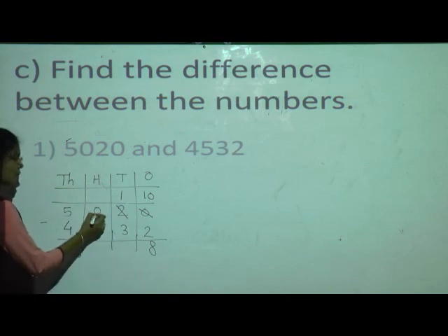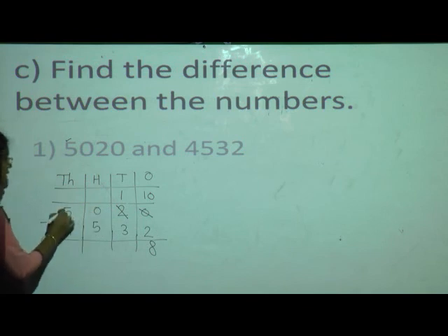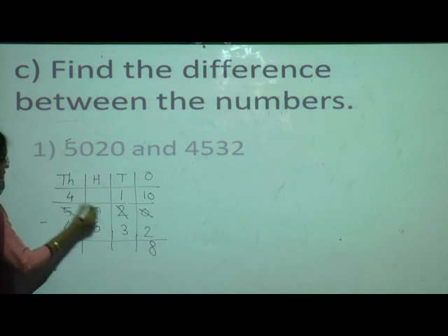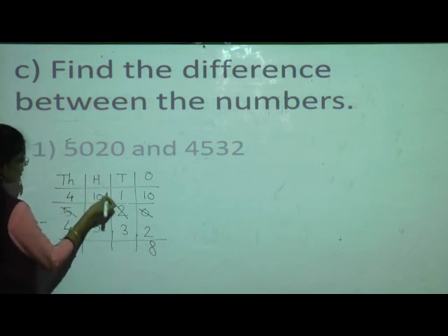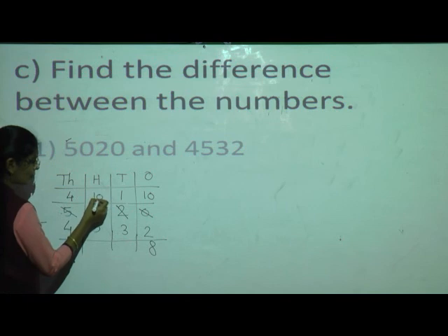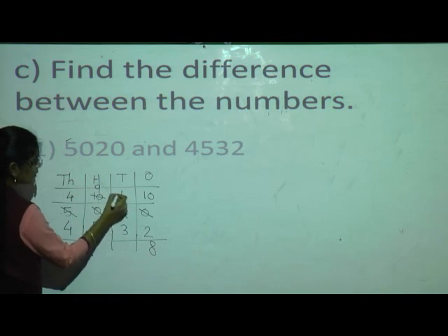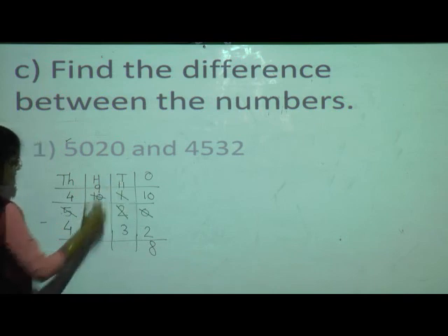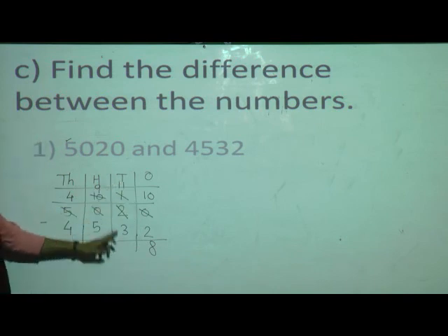So we will go to the neighbor. Neighbor is having 0. Again we will go to the next neighbor. He is having 5. So we will take one borrow from this 5. This will become 4 and this 0 will become 10. Now we will take one borrow from this hundreds place. This is having 10. 10 minus 1, 9, and this 1 will become 11. Now do the subtraction. 11 minus 3.